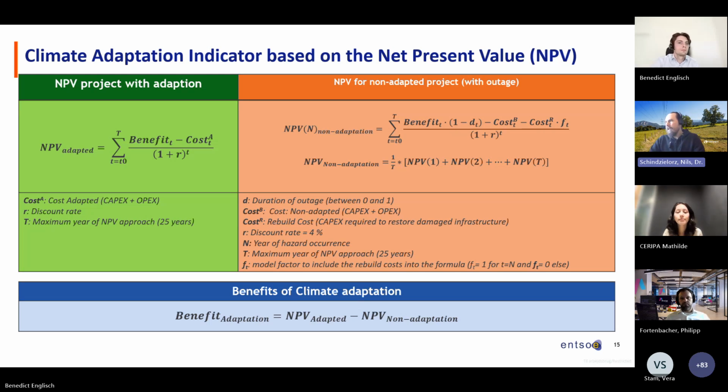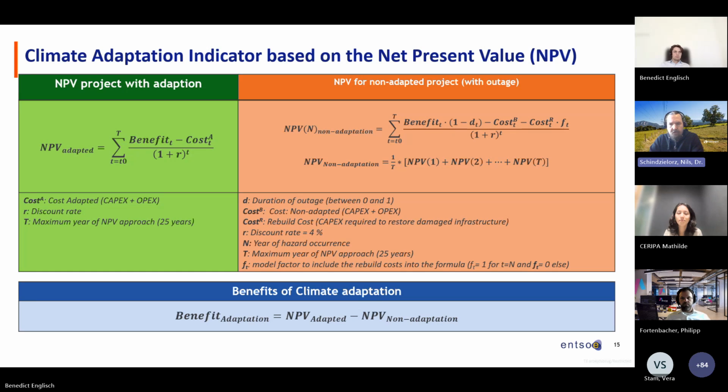A little bit more complicated, but if you go step by step through this, it's also not too complicated to understand. What we were doing here is the assumption of the NPV without any adaptation. What you see here, we also have the benefit below the sum, and we also have costs that are subtracted from the benefits, of course. The difference at the first stage is that we have the costs with a capital B, which is the CAPEX and also the OPEX. So basically the project costs for the non-adapted project, which should be a lower CAPEX. But we are then also thinking about how we could mimic such a climate hazard with an outage. And we were saying, okay, we sum this over the whole